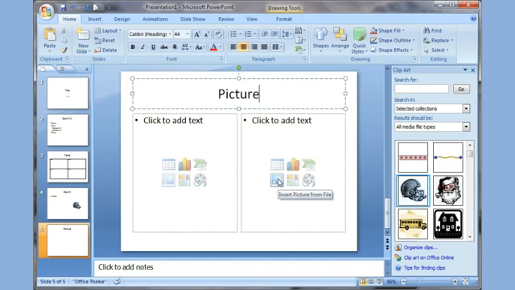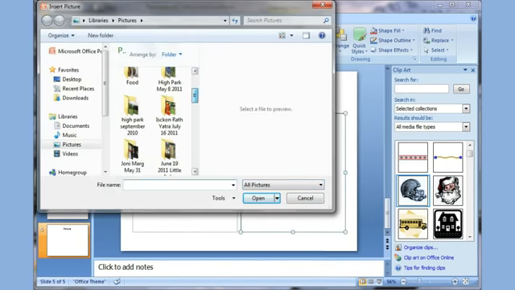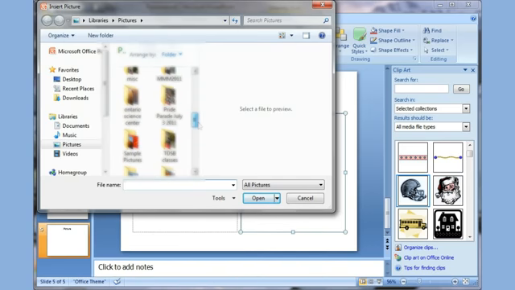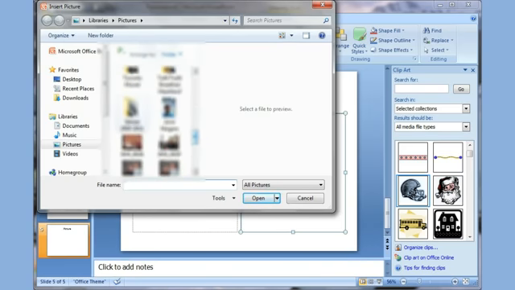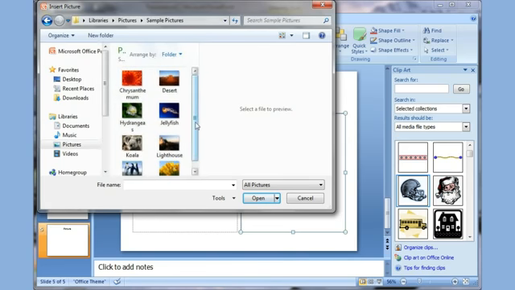And there is the picture button there. Click it, and I'm just going to look for sample pictures, and I've got some sample pictures here, and I'll pick